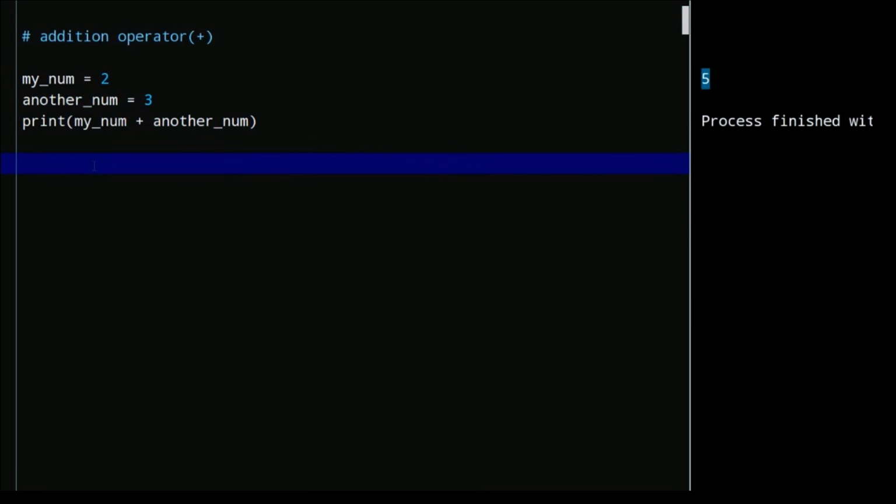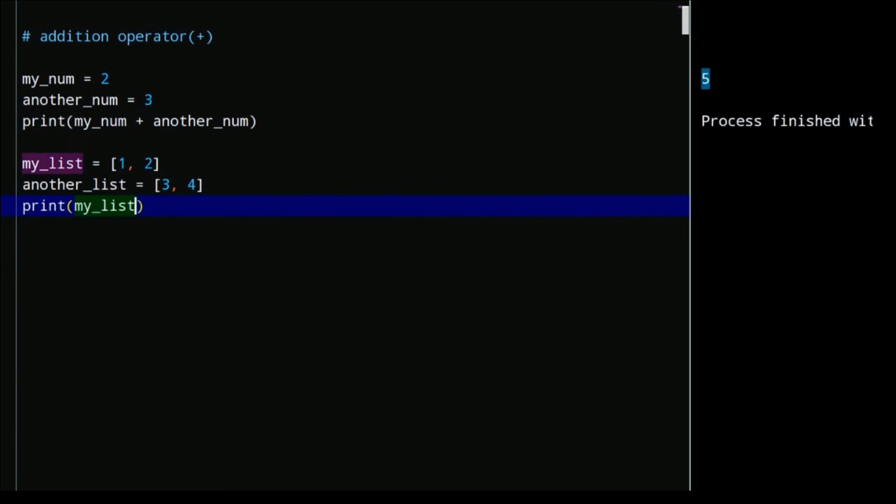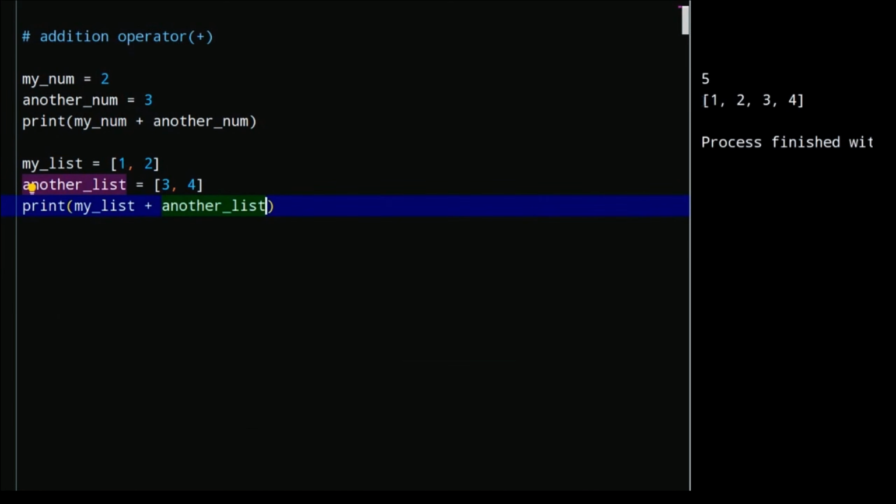If we had, let's say, two lists, and we wanted to merge these two lists, we have my list. Let's say in this list we have 1 and 2, and then we have another list with 3 and 4, and we want to merge these two lists. We can use the same addition operator. If we say print my list plus another list and run this code, you can see that we get a merged